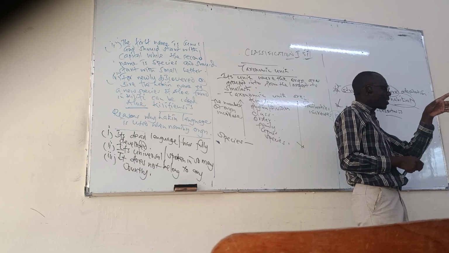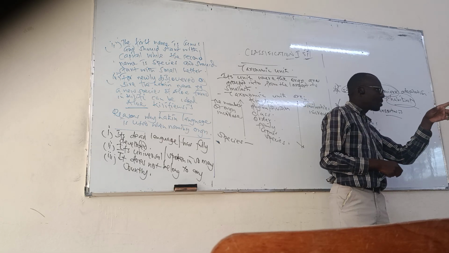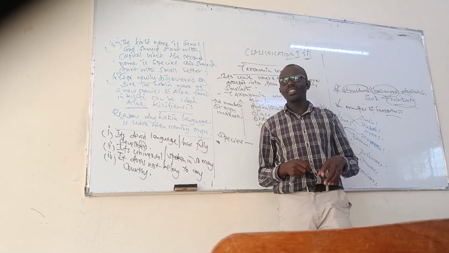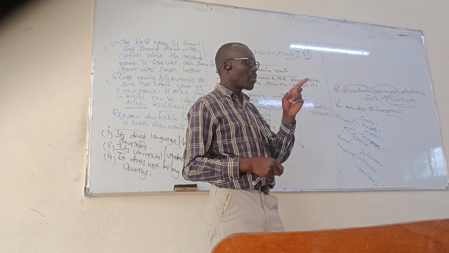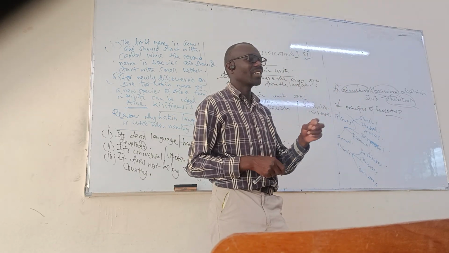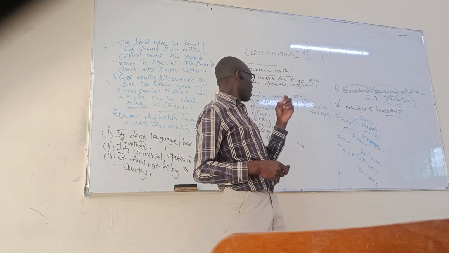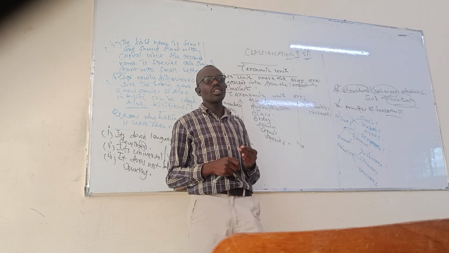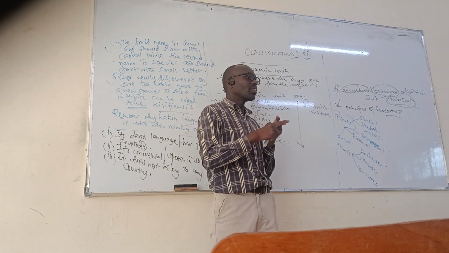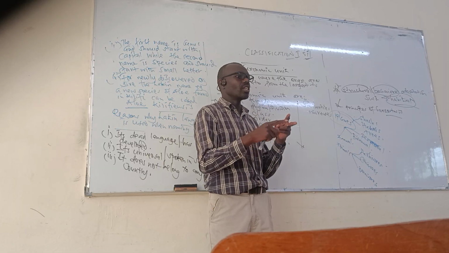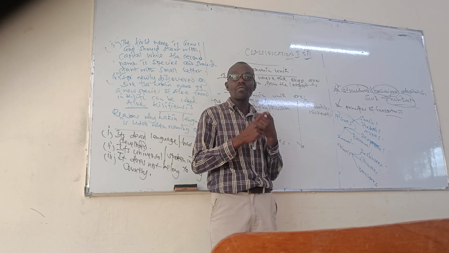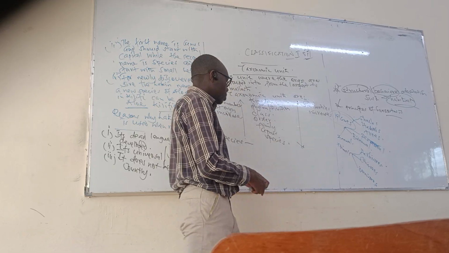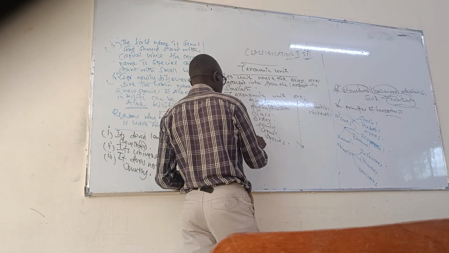Members of the same kind naturally interbreed, and they produce offspring that are viable or fertile. So the characteristics of the species: number one, they can interbreed naturally. Number two, they produce fertile or viable offspring. So the species is the smallest